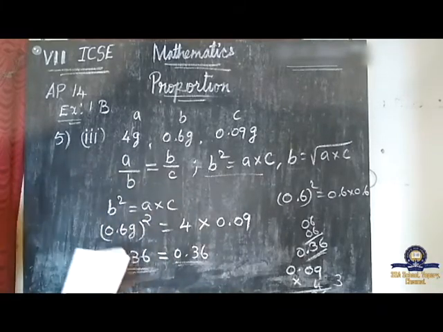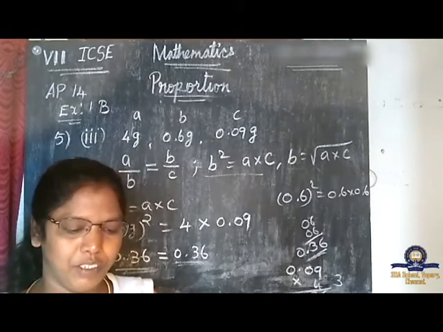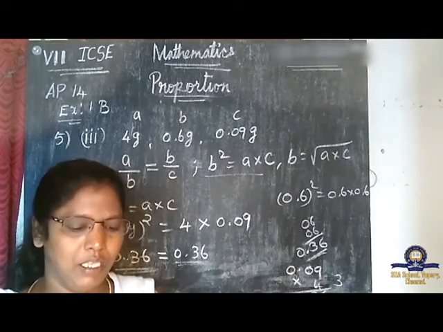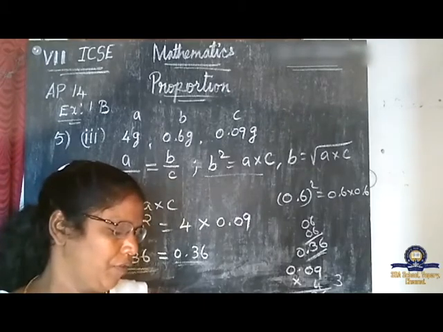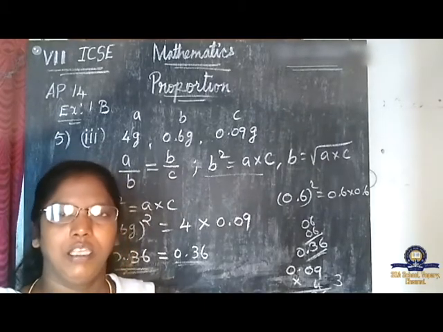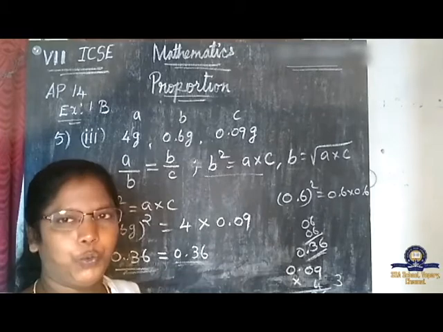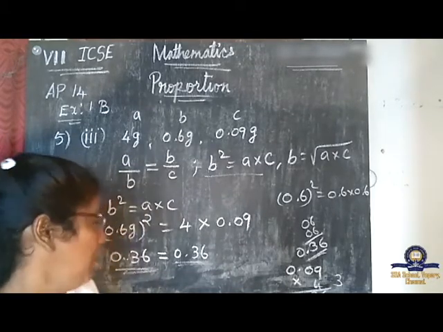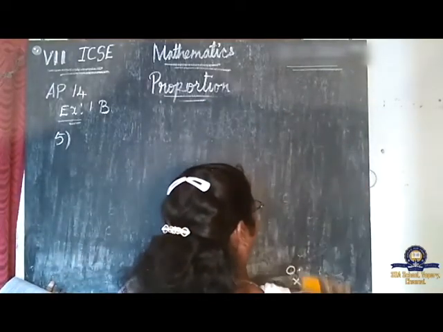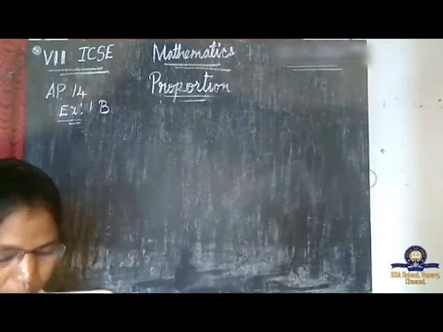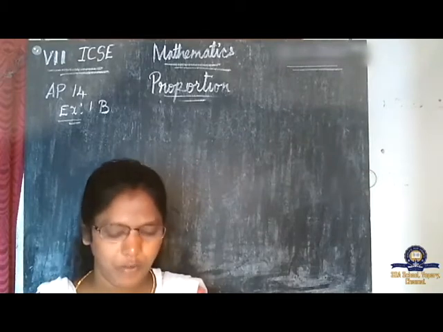Now, if you see the sixth one, find the third proportional to each of the following sets of numbers. It is like the second topic. There we have found fourth proportional. Here we are going to find third proportional. That is the difference. There three quantities were given. Here only two. So we are finding third proportional. You can try it. I am not going to teach here, but I have given it in the PDF. You follow that. Sixth one is very easy. If you go through that, you will understand better.